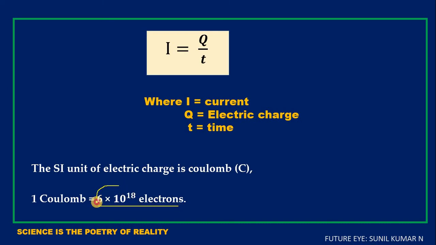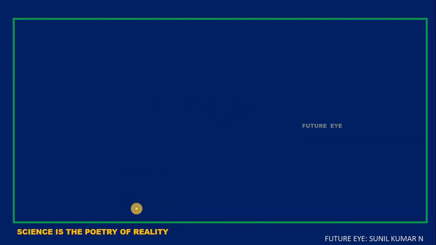Children, this is very important. In 1 coulomb, how many charges will be there? That is 6 into 10 to the power of 18 electrons will be there in 1 coulomb of charge. But how did we get this 6 into 10 to the power of 18? That is very important from the exam point of view, that we see in this slide. In 9th standard you learned that 1 electron is equal to 1.6 into 10 to the power of minus 19 coulombs. It means in 1 electron so much charge will be there.